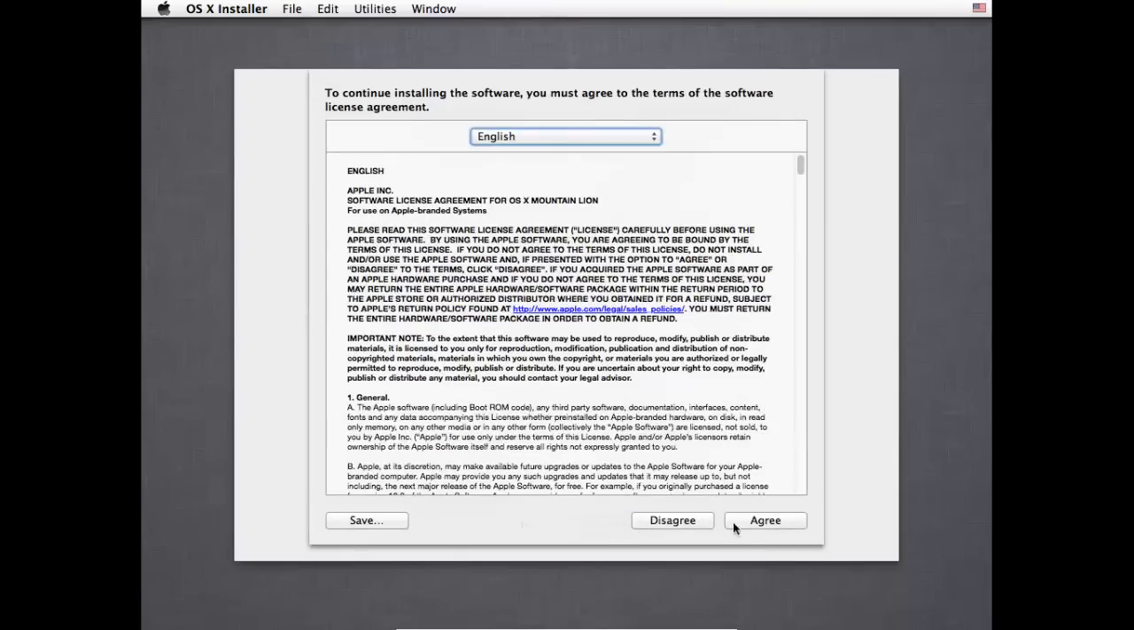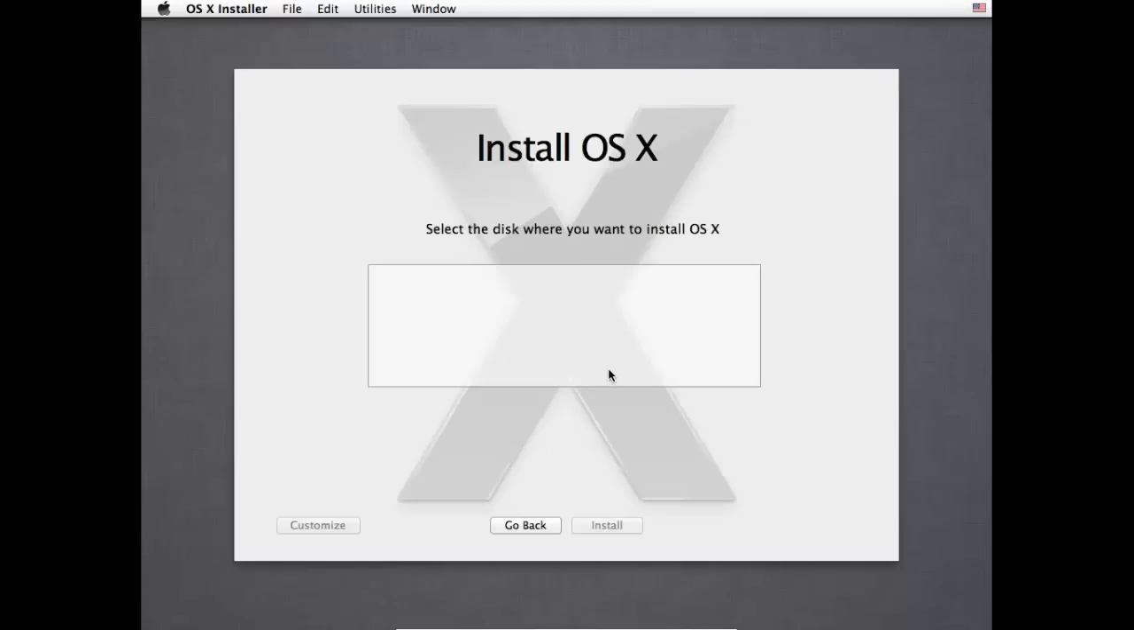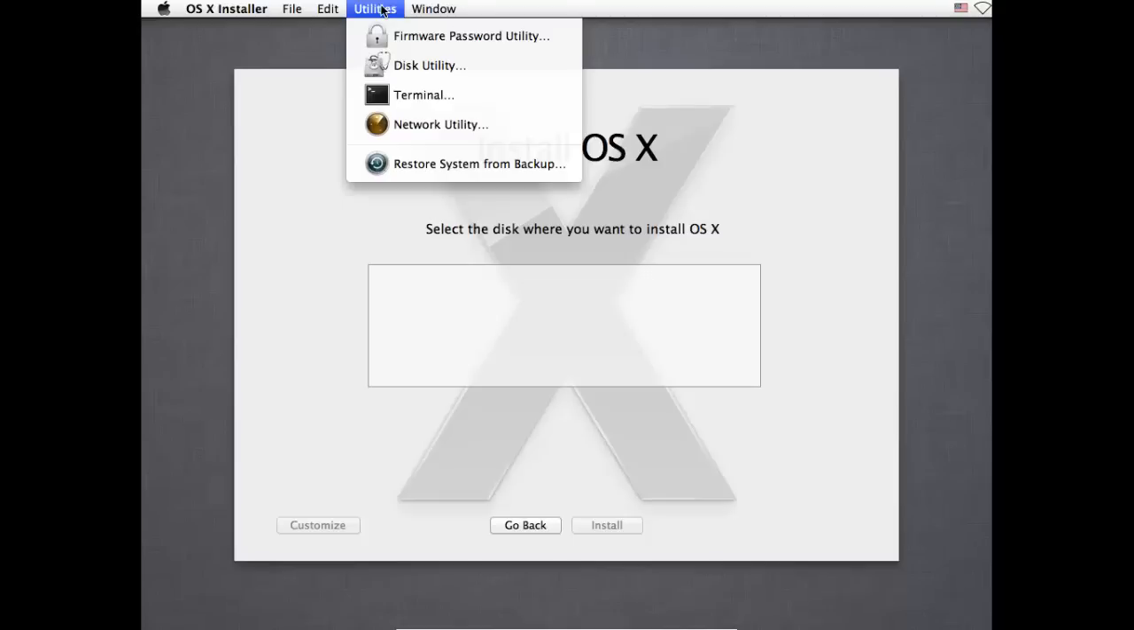And we just have to agree to this. Now, don't get worried here, where it says select the disk where you want to install OS X. There's no disks available. That isn't quite true, it's just that they're not set up to be used with the Mac, they just need to be formatted. So if you head over to Utilities at the top and then press Disk Utility,